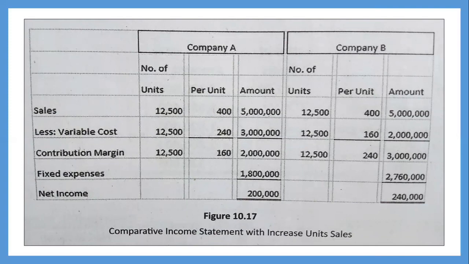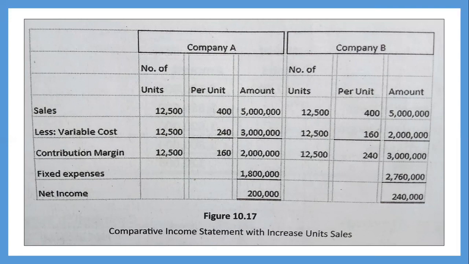So how about in a period where there is a sales increase instead of a sales reduction? Now see illustration 10.17 or figure 10.17. Figure 10.17 presents a comparative income statement with increased units of sales. Now, as you can see, if we try to choose between the two companies as to which is way better if there is a sales increase instead of sales reduction,